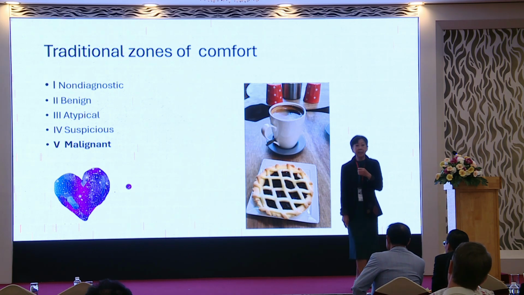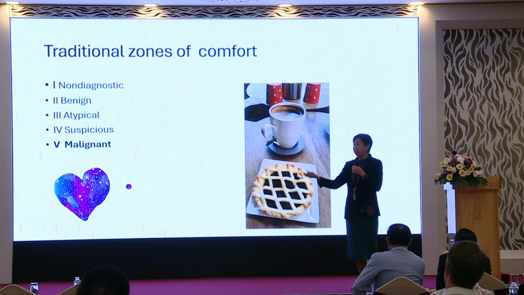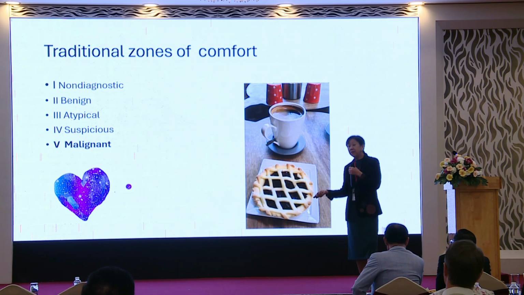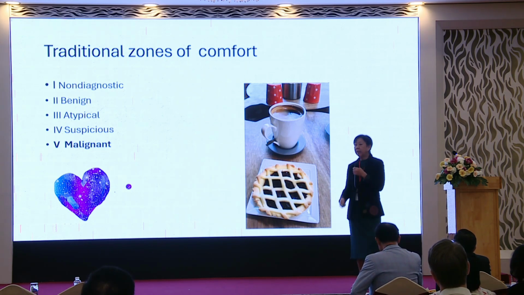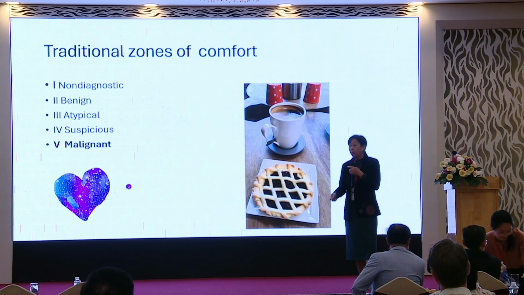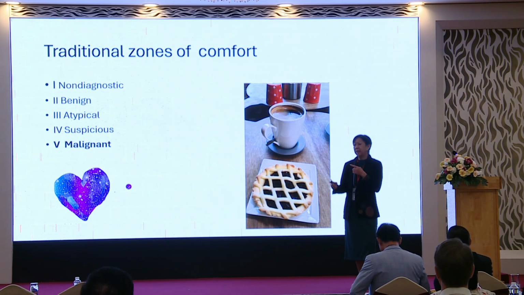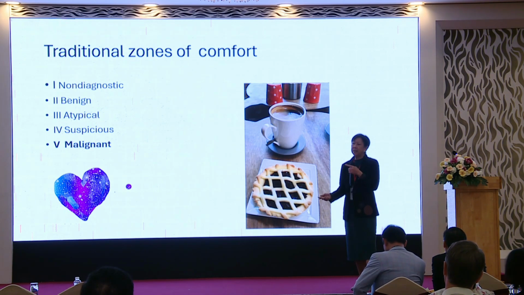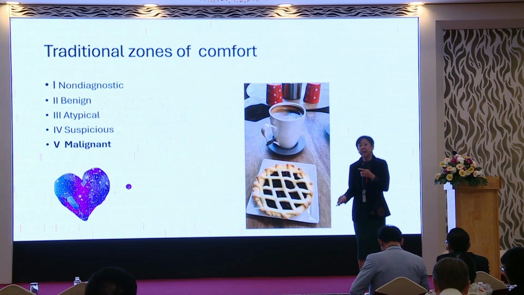Then of course atypical is a problem. As you know, atypical can be in the eyes of the beholder. I say somebody is pretty and you might say somebody is not pretty. You might say something is atypical reactive, or you might say something is atypical suspicious for malignancy. So again, there's a wide range of atypical. Suspicious, again, suspicious for malignancy, almost 100% suspicious or suspicious of malignancy. It's a little bit more than atypical reactive, but I think it might be malignant, but I'm not sure, so I'll put it into suspicious. So that's the problem in the old days when we do audits,